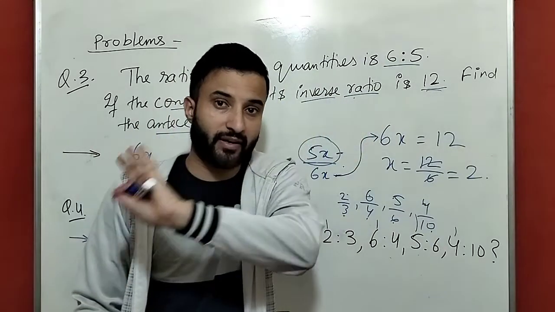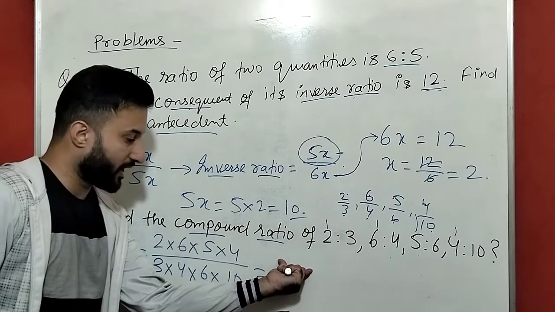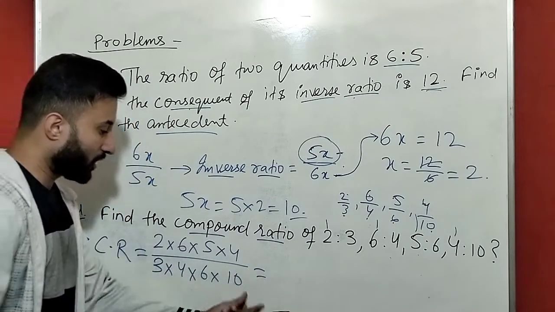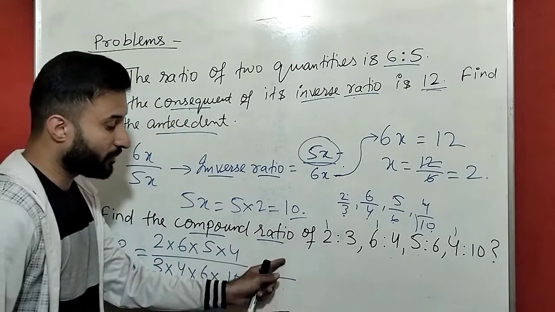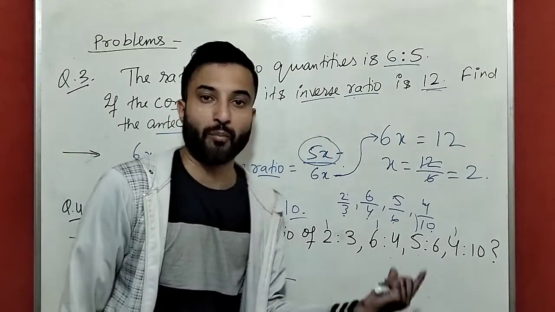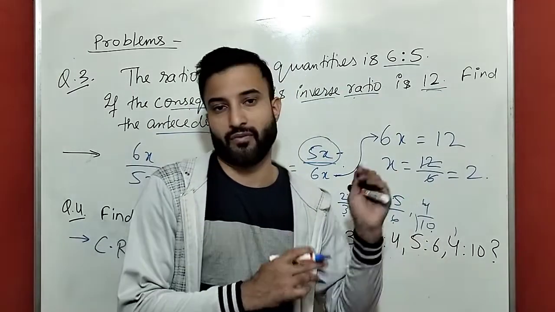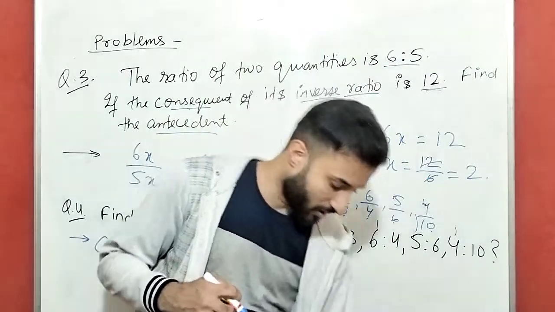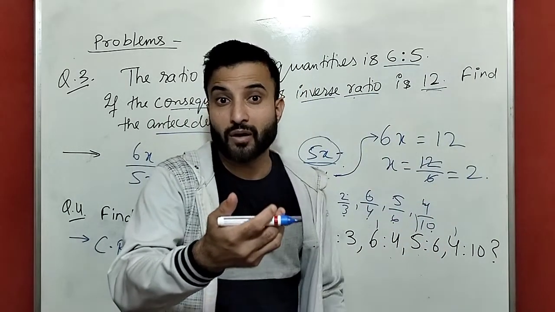You should not have to find it in the simplest form separately, because here what will happen, you will multiply all the antecedents, write it here, then you will multiply all the consequents, write it here, then again you have to simplify to get the simplest form. So it is the longest method and it will be time taking. So why will we go for that? We will go for